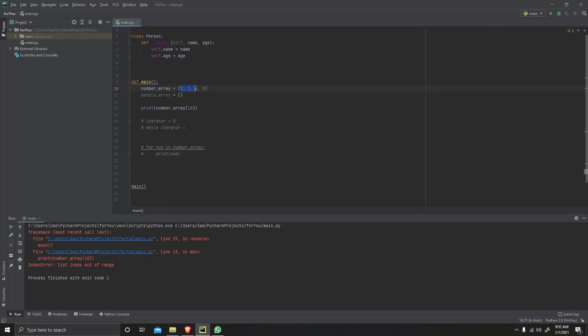So you can only go through these. If you were to do while iterator is less than 6, it'll run through it 6 times. First, second, third, fourth, fifth, and sixth iteration is going to break. So you've got to make sure it's within the loop. You can do 4, but sometimes you don't always know what your array size is. So you could do